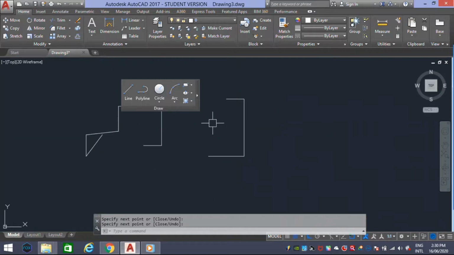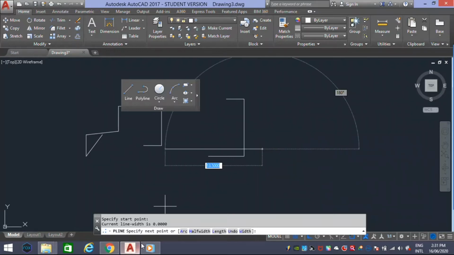Our next tool is polyline. Here it is. The shortcut is PL enter. It creates a 2D polyline with a connected sequence of segments created as a single planar object. If you use it in the command bar, it will ask for a specification point. Then I'm giving 1 point.